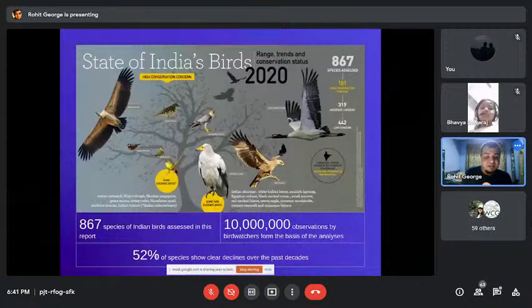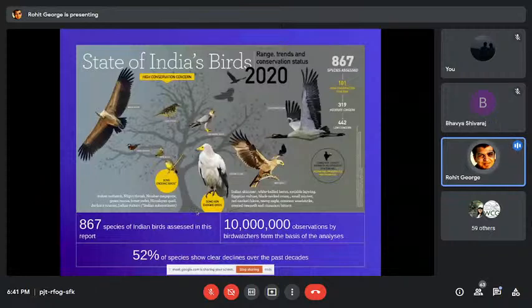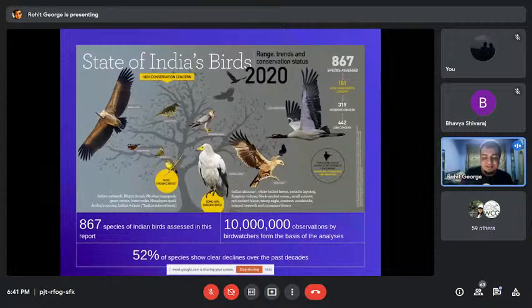They found that 52% of the 867 species show a clear decline, that their population is decreasing. So this has been done for birds. The hope is that in the coming years, for other groups like maybe butterflies, maybe moths, maybe beetles, we can do similar kinds of studies based on citizen science.